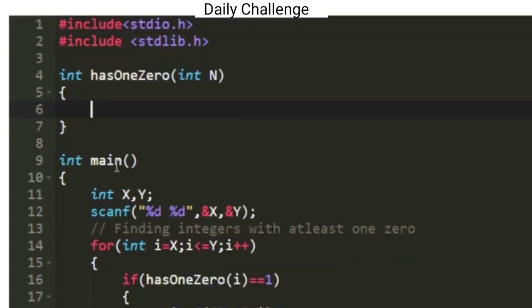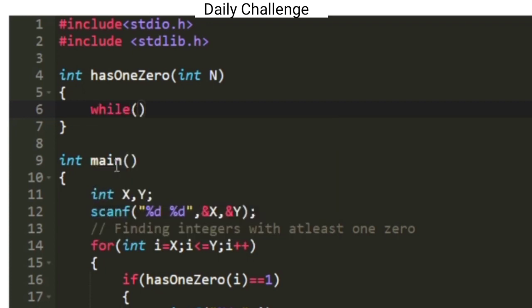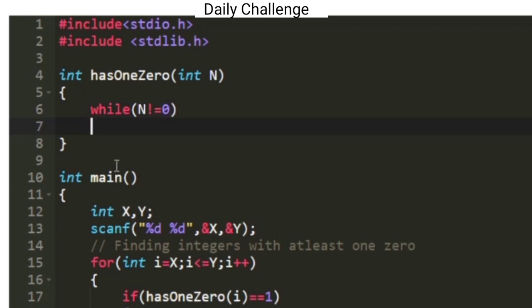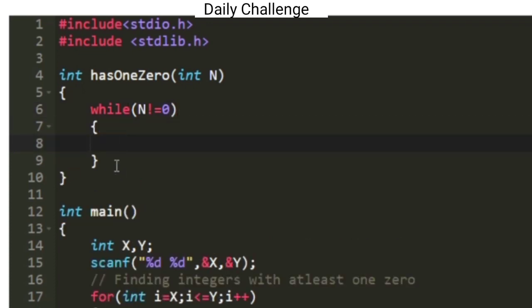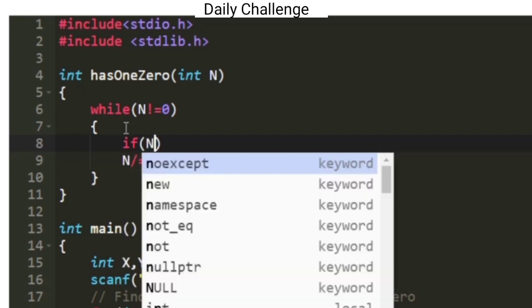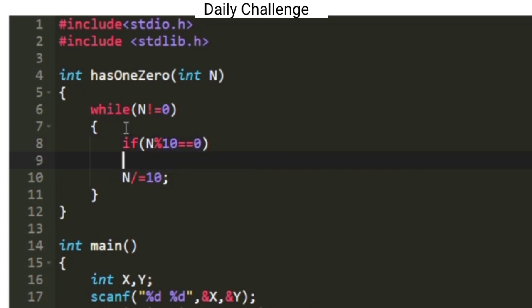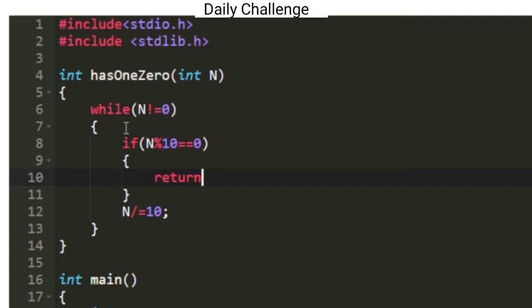We can find the number of zeros in an integer using a while loop. So here the while loop works until the value of n becomes 0. And we are checking the digits of n, and whenever the last digit of n is equal to 0 we are going to return 1.